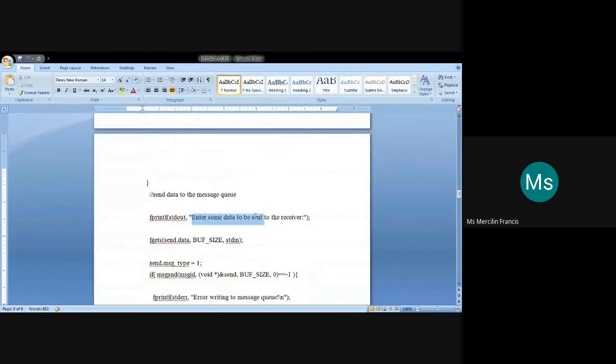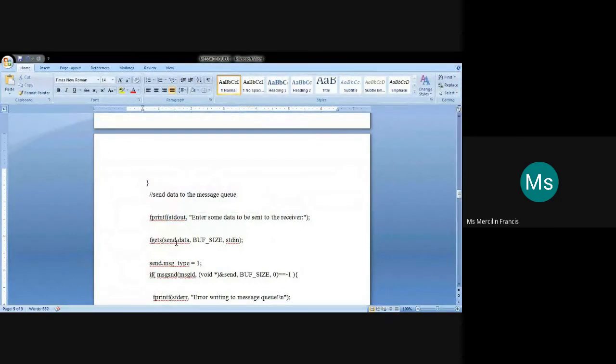And then what will we be doing? You need to enter the data. You need to get this displayed on the output screen. So for that, you are just printing the information onto the standard output screen. For that, stdout is given. printf, enter some data to be sent to the receiver.